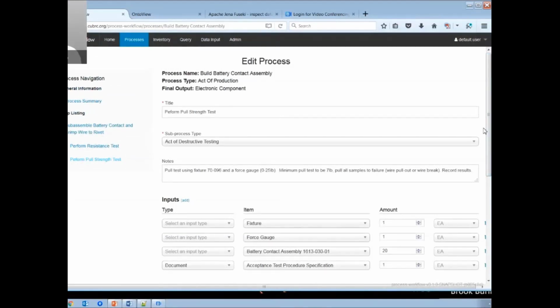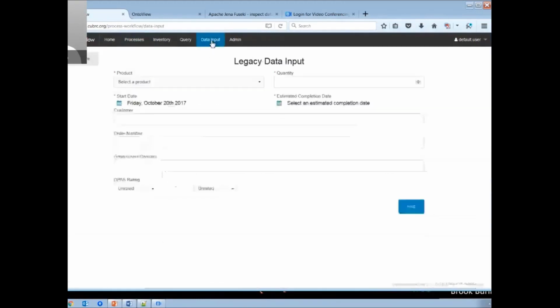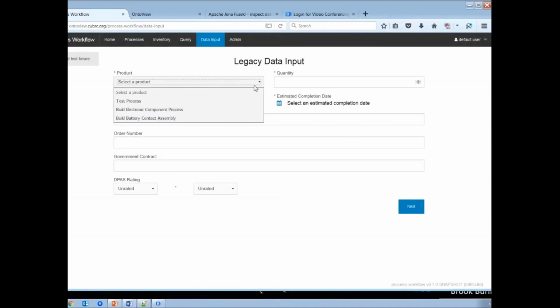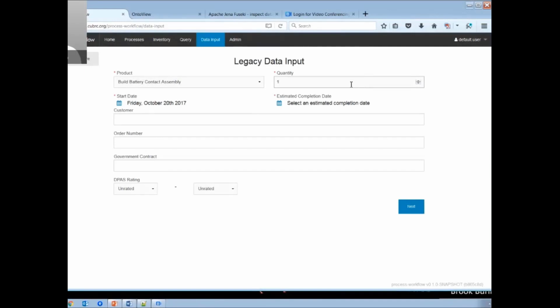Okay, so once this is set up, now if you recall, one of the problems we were trying to solve was how we are going to allow people to enter data from legacy that would then be joined to the overall process workflows or production runs. So in order to do that, we go to the data input tab. In this case, let's say we're just going to do one. Select end date, customer,